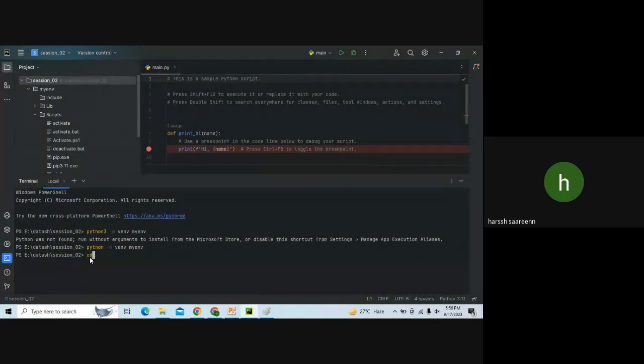I will write it down here: cd, then my virtual environment name, it can be anything. Then slash, and after that move into the scripts folder. Press enter. Now we need to activate this. How can we activate? Just write activate. Now, whenever you are working on your project, whenever you install anything,